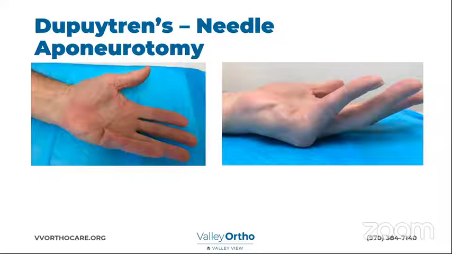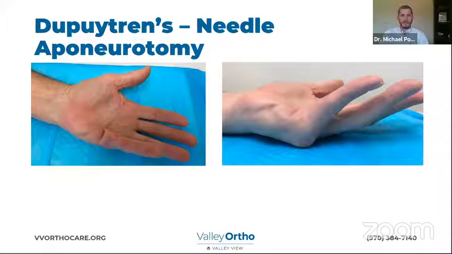So what needle aponeurotomy is, you can see a picture of a patient with Dupuytren's there with contracture of the small finger. It's an office-based procedure. Patients come in, we inject a little local anesthesia, a little numbing medicine around the cord. If you ever look at the end of a hypodermic needle, it's actually got a little bevel or a little blade on the end of it. So we use a small needle as kind of a percutaneous knife, and use that needle under local anesthesia to mechanically break up or disrupt the cord and then straighten the finger